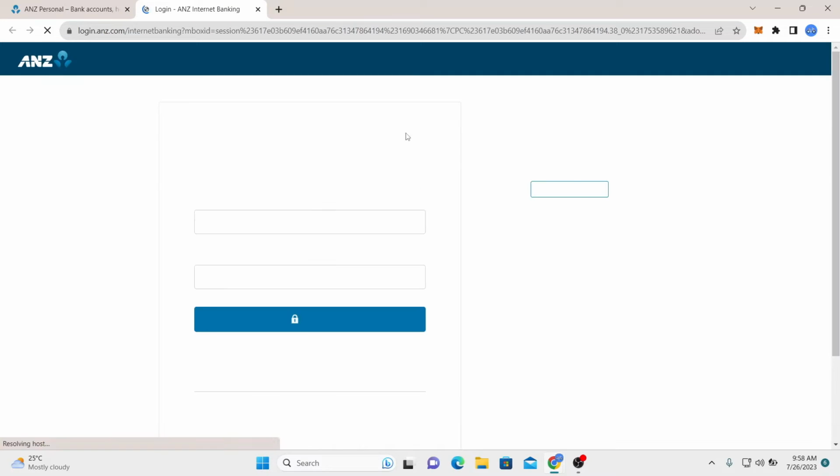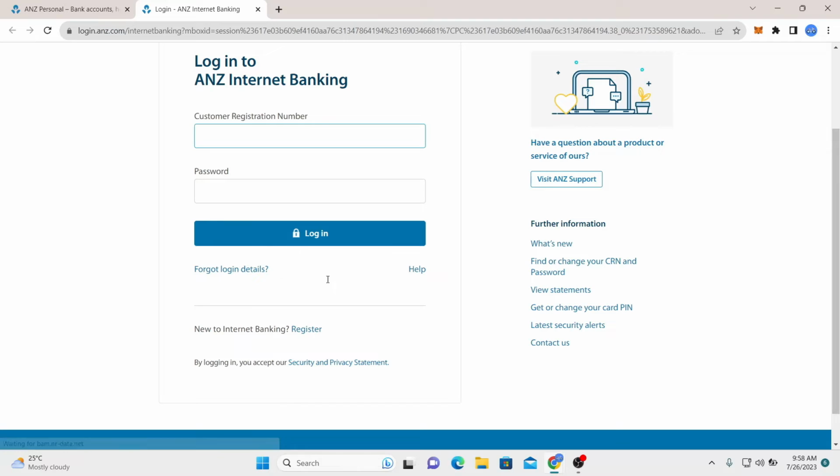You will now be taken into the login portal. Now in order to log in, just go ahead and type in your customer registration number followed by your password. After typing in both of these, you can simply click on the login button and you will be logged into